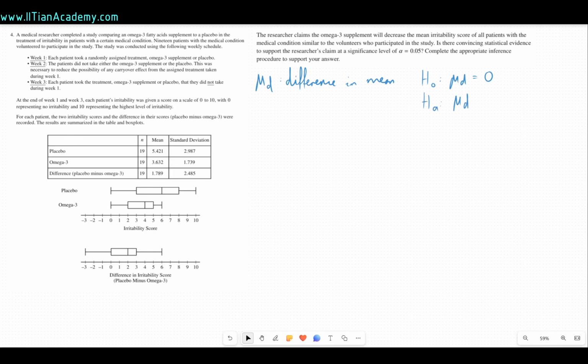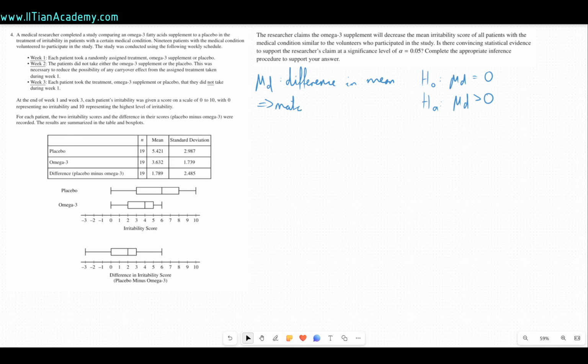So we say that mu d is larger than 0, so the difference is larger than 0, which means that the omega-3 does have an effect, because they had a lower score. 10 means the highest level of irritability, so we want the score to be as low as possible, and we need to see whether there's enough statistical evidence to show that omega-3 is indeed helping here, and it's not just random effects. The way we can do this is by using a matched pair t-test